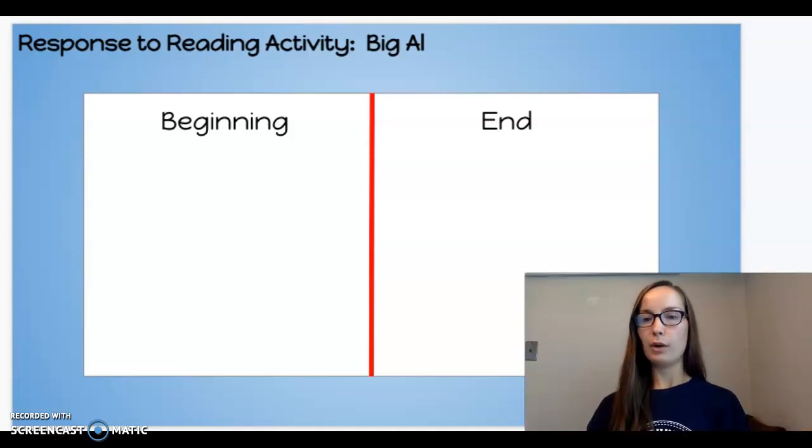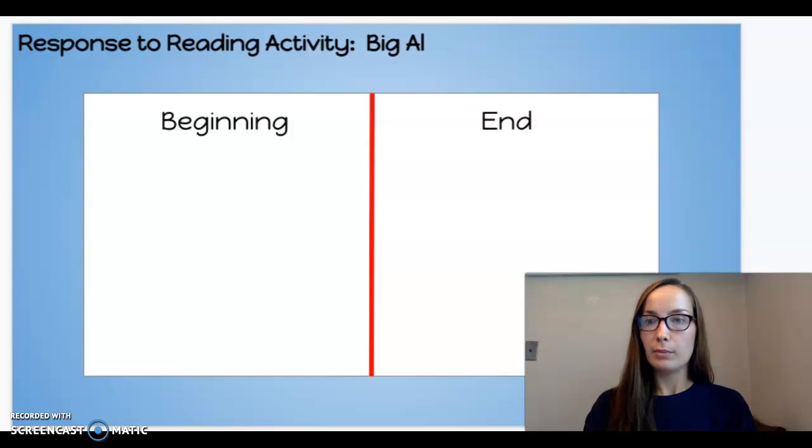So, what you're going to do is you're going to be getting a blank piece of paper and you're going to fold it in half or draw a line down the middle like I did, and then on the tops of your papers, you're going to write beginning on one side, and on the other side, you're going to write